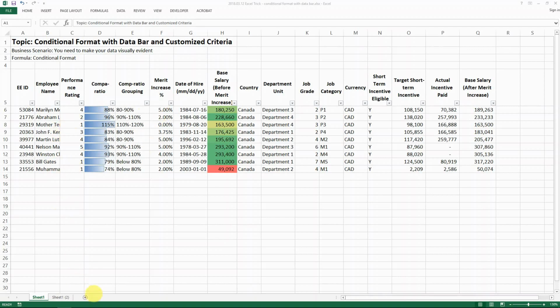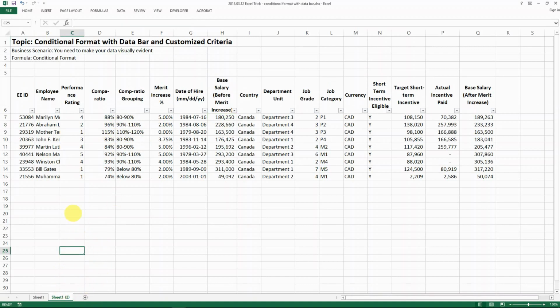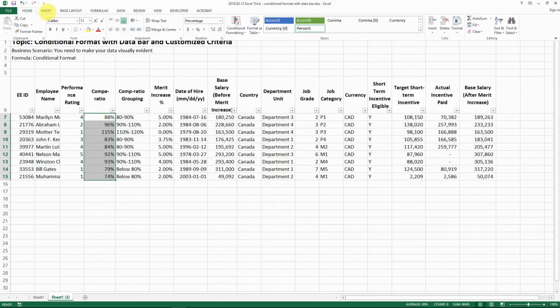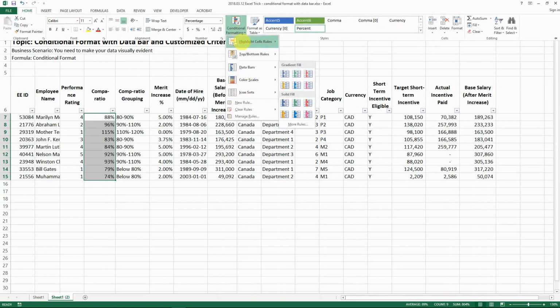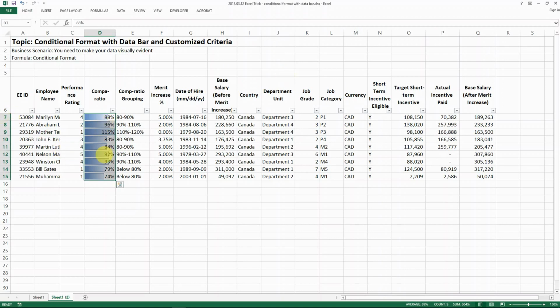So this is actually not that hard, but I'm also going to show you how to customize the bar as you wish. So let's say this is the original data set that we have, and then we want to conditional format this for its data bar. So this step itself is pretty straightforward. Like, go to conditional format and data bar, and let's say this is a kind of data bar you want,